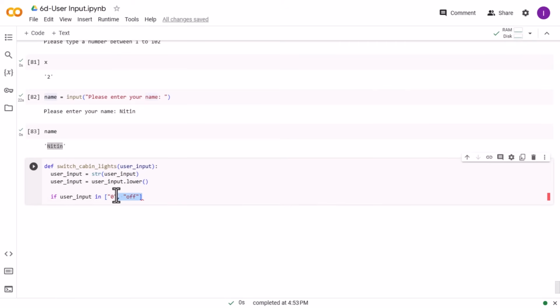So if user_input is in this list, then we will place a colon, hit enter, and here we will write cabin_light equals off. Now we will add an elif statement for the 1 or on input in a similar way. So here we will write elif user_input in 1 or on. Then we will place a colon and hit enter. Here we will write cabin_light